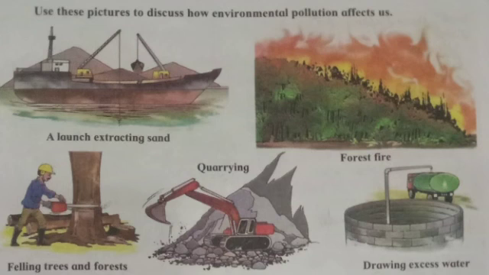There are some points related to environmental pollution. The first point is digging up hills for quarrying. Next is extracting sand from seashores and riverbeds. Third is extracting stone and earth from the ground. Fourth one, drawing out excessive amounts of groundwater. Fifth one, felling trees to clear land. Sixth one, filling up ponds, lakes, streams, rivers, creeks and low-lying areas to reclaim land.